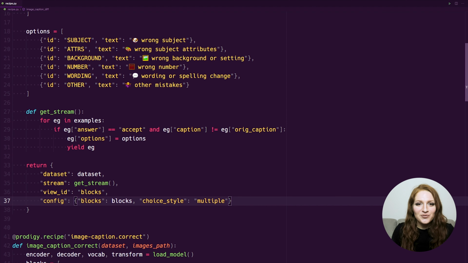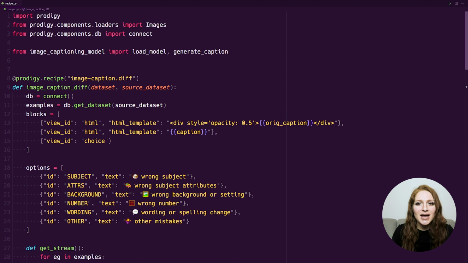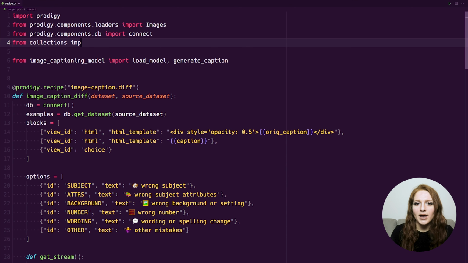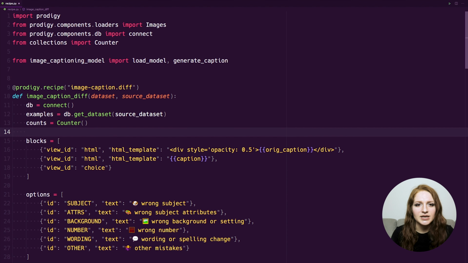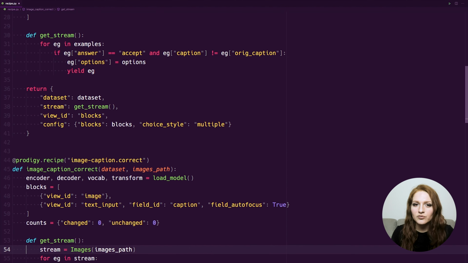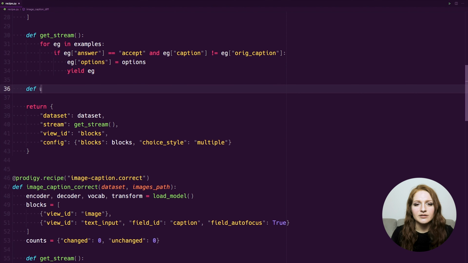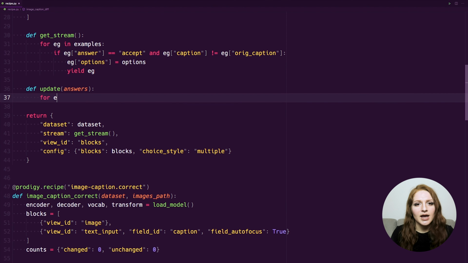So now, before we keep going, we might as well implement some counting again so that we can see results immediately when we exit the server and get a breakdown of the options that were selected. So after each session, you can see what the most common problems were, and to do that, we just go back and add an update callback again. And let's also use a proper counter this time to make things a bit easier, because we have lots of options and they might change. And so yeah, we're just looking at the accepted